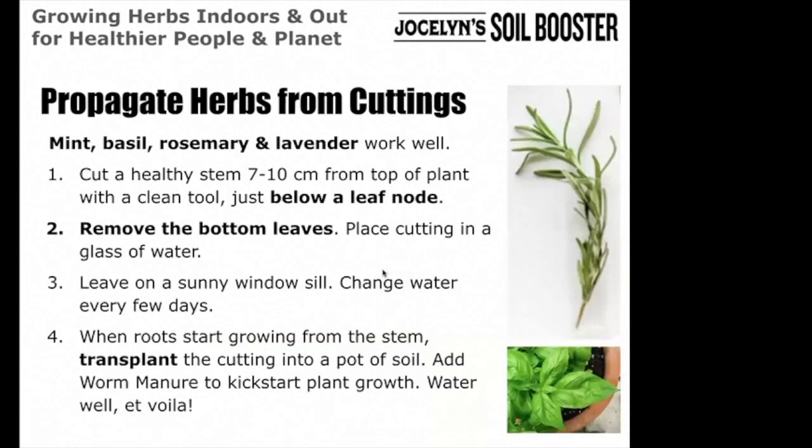As we see here, this works really well for particular herbs like mint, basil, rosemary, and lavender. Of course, with mint, anybody that's grown mint never really has too much trouble growing it. In fact, a lot of people have trouble keeping mint from taking over. If you put mint in a small patch of your garden, within a couple of years it will totally take over all of that space and really steal from other plants as well.